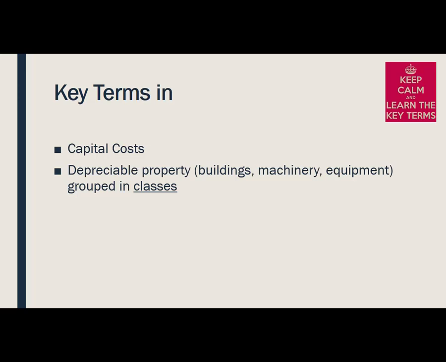Now, we don't get to decide which classes those are. The Government of Canada does, and this is where capital cost allowance comes into play. Depreciation is called capital cost allowance in Canada because the Government of Canada has taken a different approach. You are allowed to deduct a certain amount from each type of capital asset. You don't get to choose the approach you want to take to depreciate, to spread out that expense over its useful life. The Government of Canada has different classes, and they tell you what your allowance is for those different types of machinery, equipment, whatever it falls under. Okay.